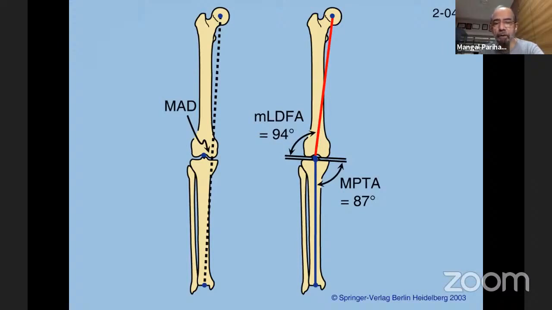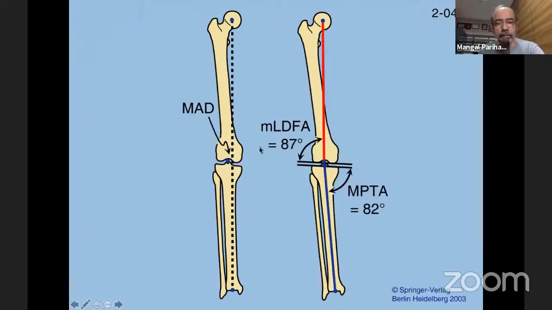So this is a patient who's got only distal femoral varus, and this patient would be better served by having a femoral osteotomy, and not the classical standard teaching that valgus osteotomy has to be done in the tibia and varus osteotomy has to be done in the femur. You have to evaluate each deformity by these principles of deformity correction, and then decide what you're going to correct.